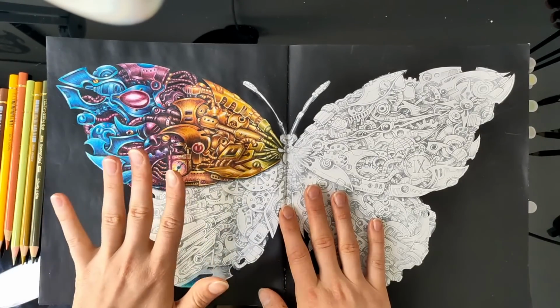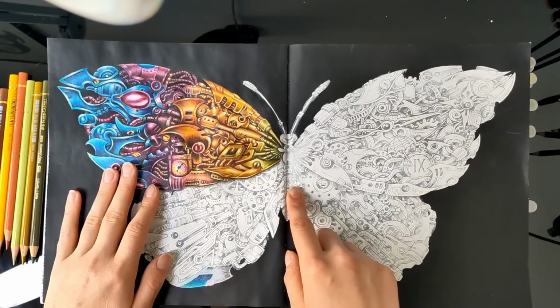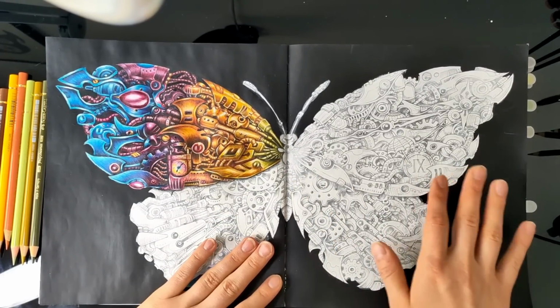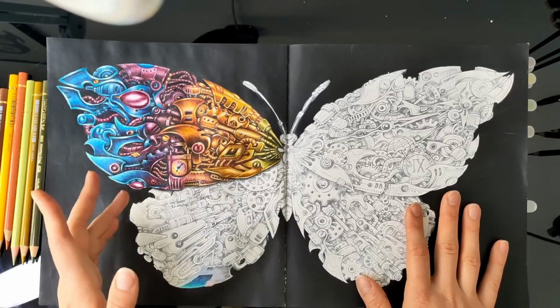I still got the result I'm willing to show you how to create. We will work on this wing. I don't think that I will color the whole wing in this video because this one took me about 2